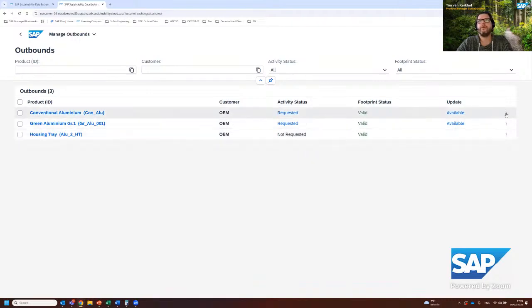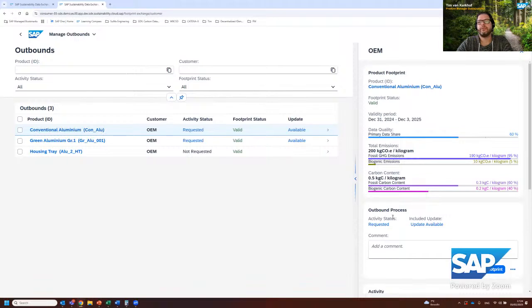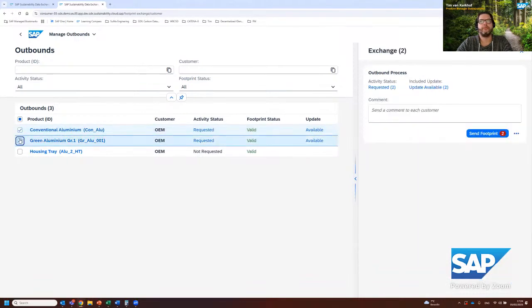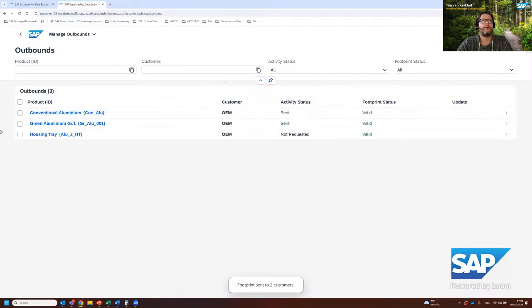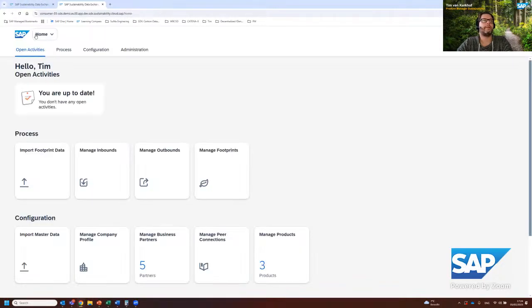You can then do a single reply, which looks exactly the same. You can send that, or you can also go into a multiple one and send both at the same time, and then reply back. What has now happened is that the data has been transferred from one tenant to the other based on that valid relationship. And if we would actually then go back